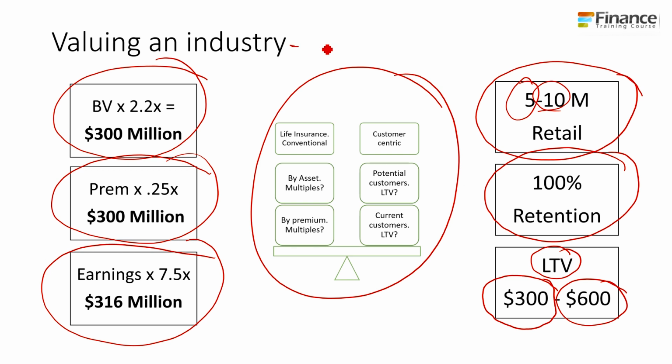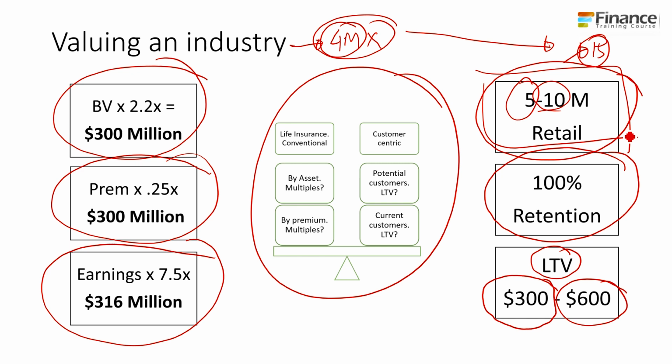Let's assume the insurance industry right now has 4 million unique customers, and your maximum size of the Pakistani middle class in terms of households is about 15 million households. So if you assume one policy per household, the insurance industry has 4 million unique policies. At max, it can get to about 100% of that market share, about 15 million households. So one vector of attack is you come out and say, I'm going to increase the number of customers.